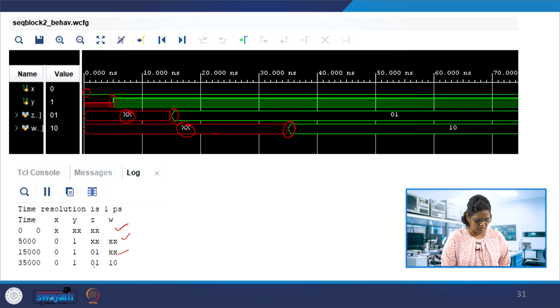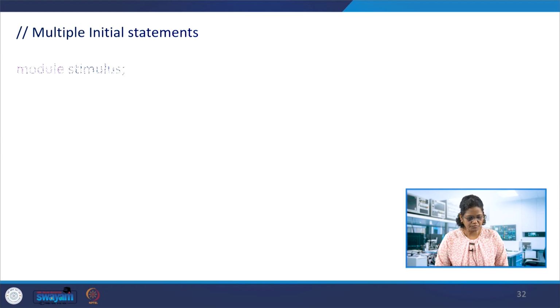At 35, because it was not even evaluated, it is delayed. So here is 0 1, and that 0 1 is maintained after that, and then w has 1 0. Okay, this is with the timing control, the blocking assignments.